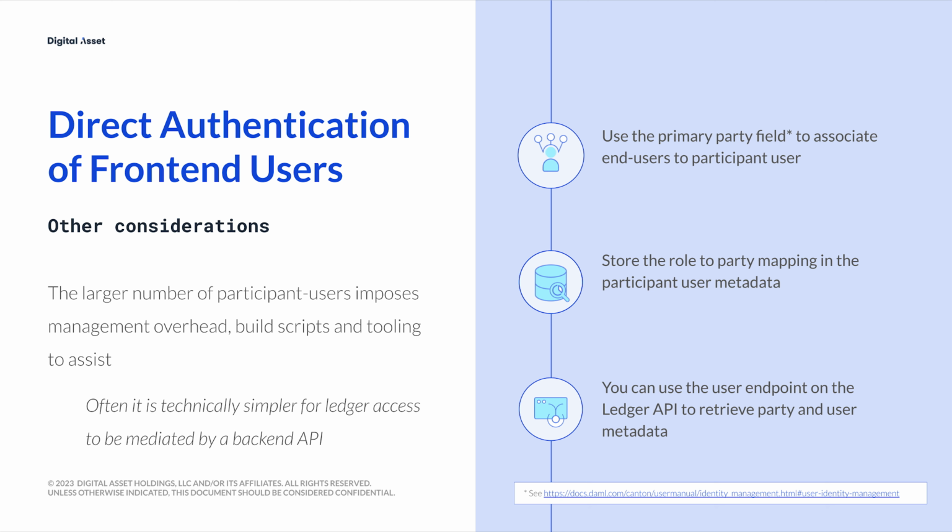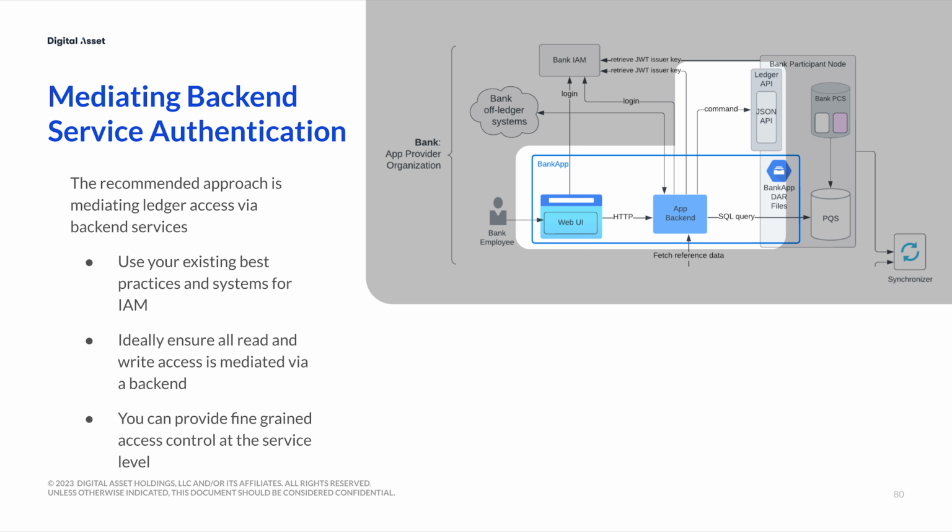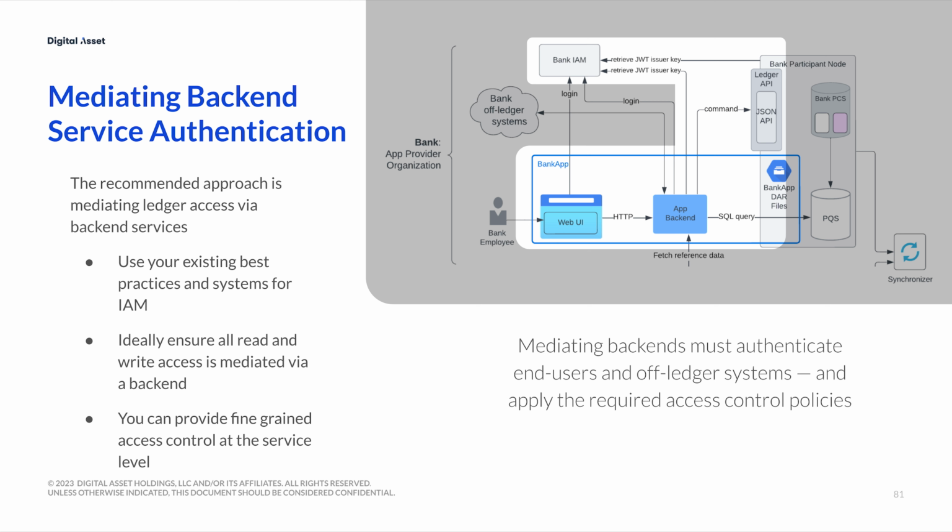Often, it is technically simpler for Ledger access to be mediated by a backend API. When providing mediating backend services within the same authentication domain, use best practices and your organization's existing advice and facilities for authenticating the requests to your backend. Most applications should ensure all read and write access is mediated via backend, as this allows the backend to implement fine-grained access control at the service level. It then becomes the backend service's responsibility to authenticate the mediated end users and apply the required access control policies